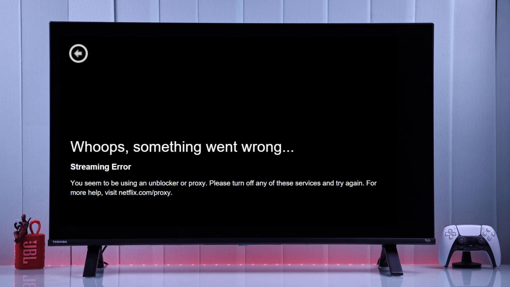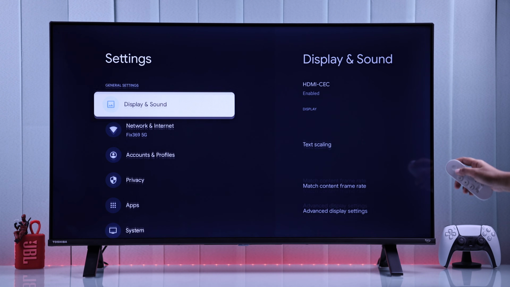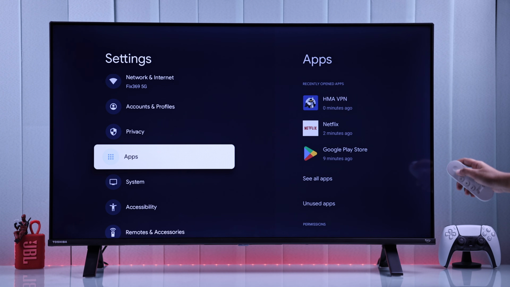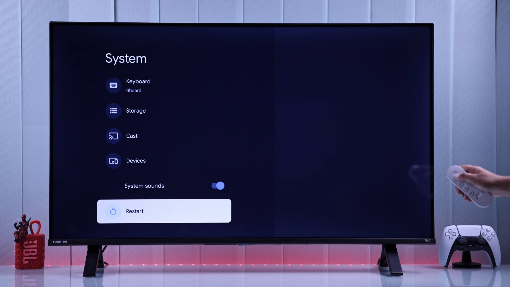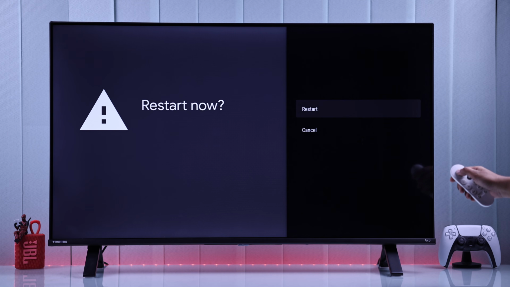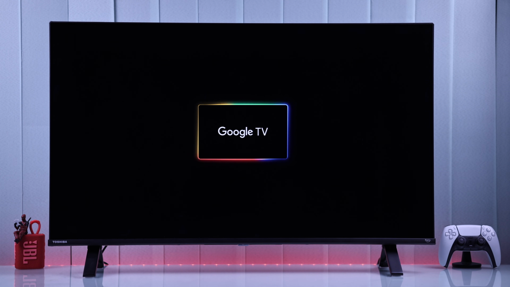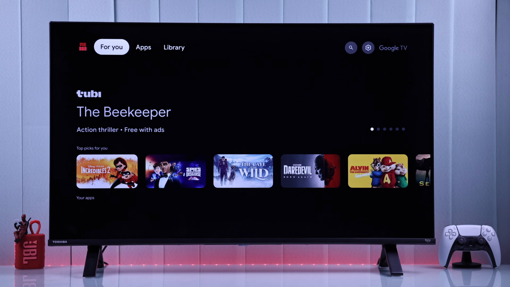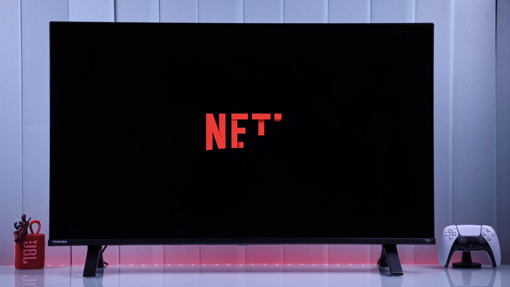But in your case, if you're getting the proxy or VPN error, the next step is to restart your TV. Just go to your TV settings, then open up System. Now scroll all the way down and select Restart. Wait until your TV fully restarts. And once it turns back on, open Netflix again, and if the error is still showing, the issue might be